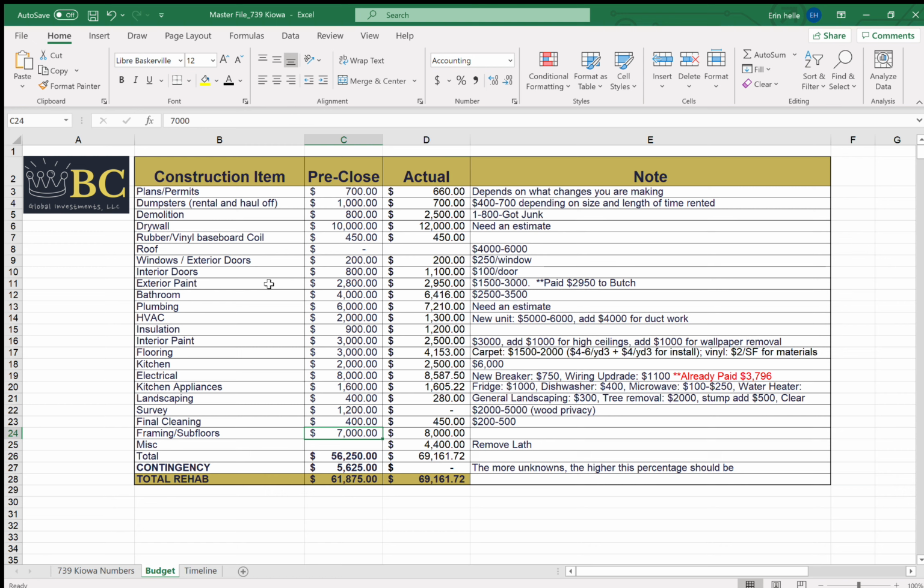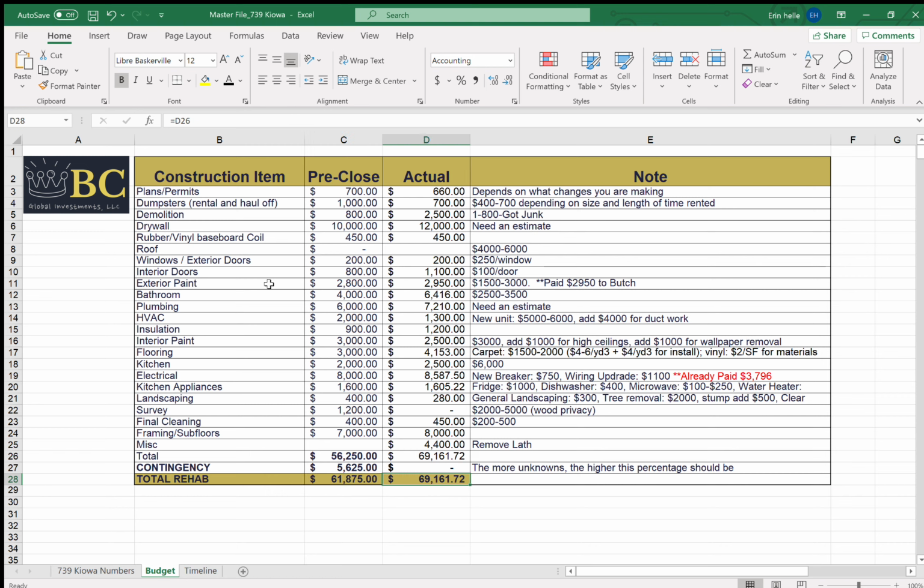And then one huge expense that we hadn't considered was removing the lath in the upstairs, and we ended up hiring that out and having 1-800-GOT-JUNK come out again. It totaled about $4,400. So our initial budget we thought would be about $56,000 with a 10% contingency built in, so it was $61,870. We actually ended up spending